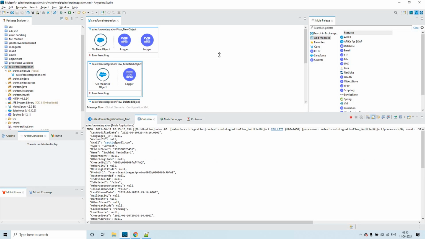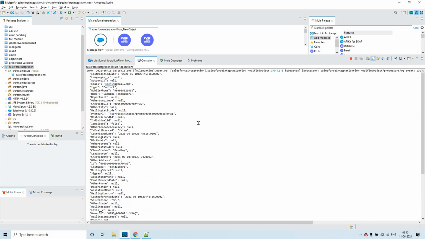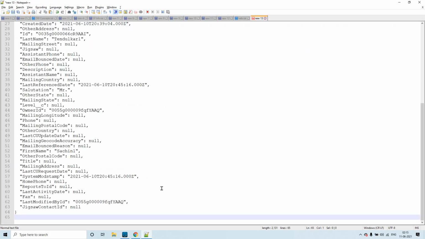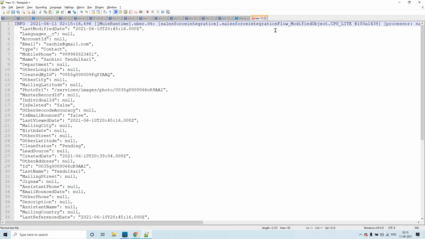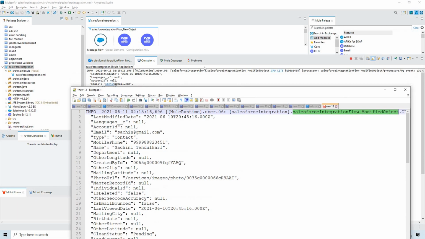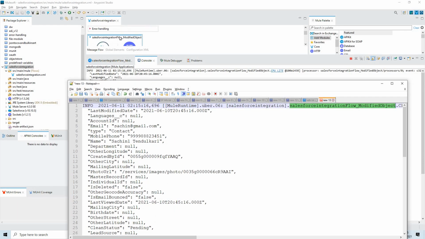As soon as we clicked on save, we got one entry in the console. You see here, this is nothing but the modified object. You see the flow name is modified object right here, Salesforce integration flow modified object.